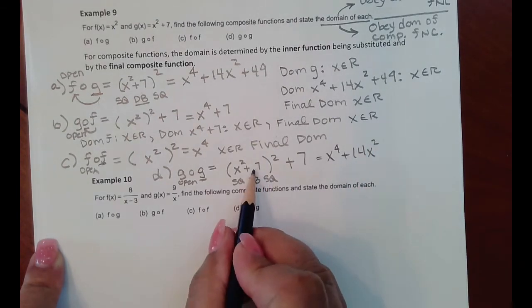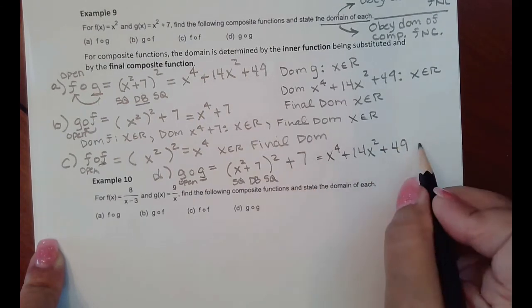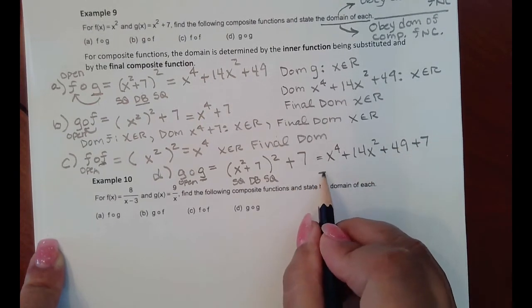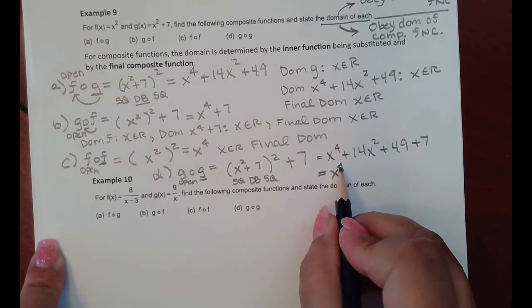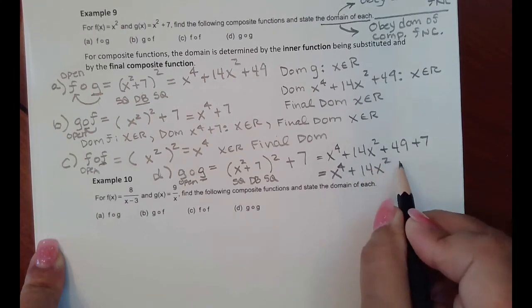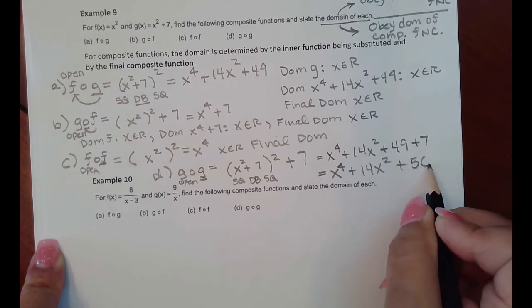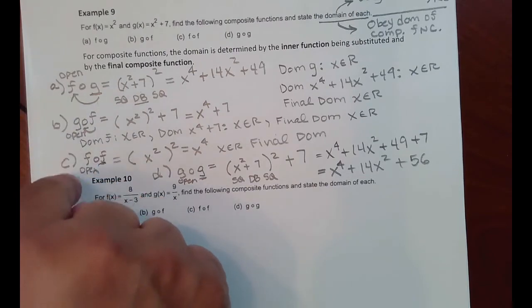And then you're going to square again with the 7, which would be 49, and then there's this additional 7 here. So when you combine the two constants at the end, you have x to the 4th plus 14x squared plus 56. And again, by the same reasoning that I went over through parts A, B, and C,